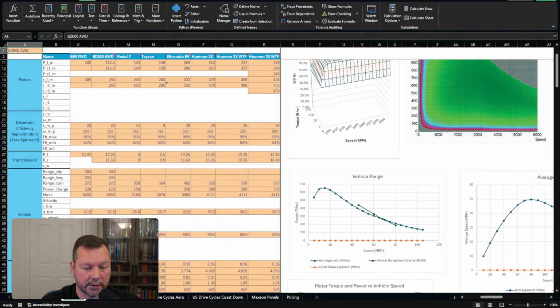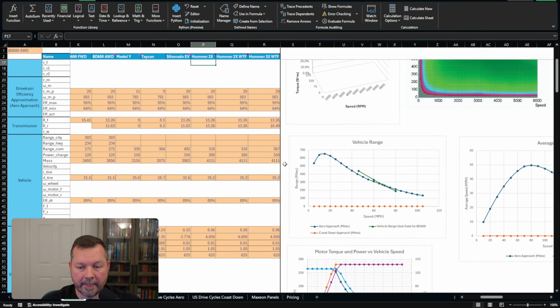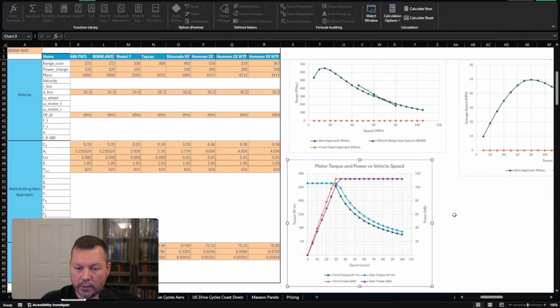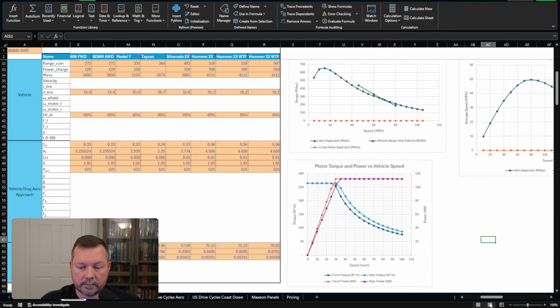Let me undo all those changes. All right, I think I undid everything. And then yeah, you have your motor torque, power versus speed. They don't line up because there's different gear ratios, but essentially your power ramps up as the speed ramps up, then you max power your motor. You can't exceed a power. It's kind of a thermal limit, and it actually degrades a little bit as you stretch out to the extreme just because of the cooling. And then your torque, you have max torque, and then when it hits that max power, you drop off on your torque, which